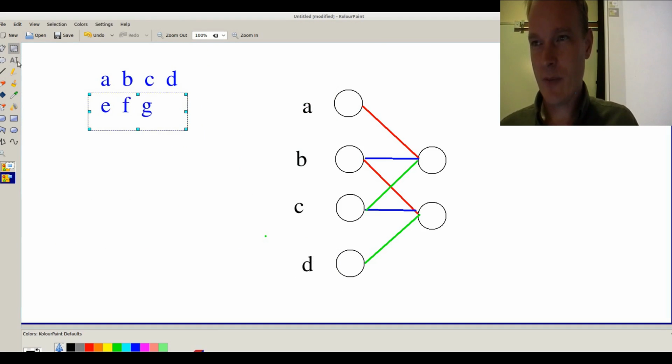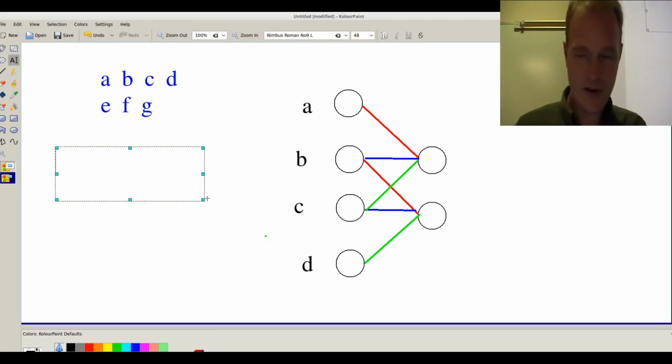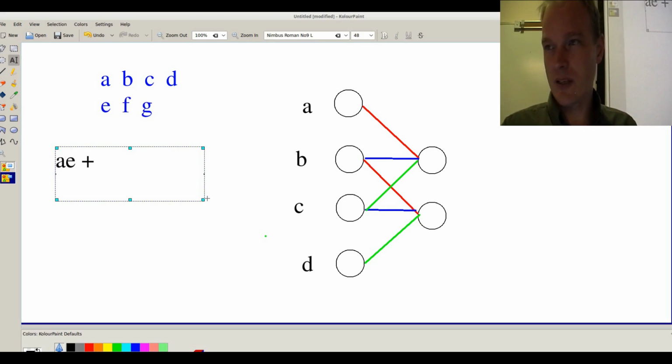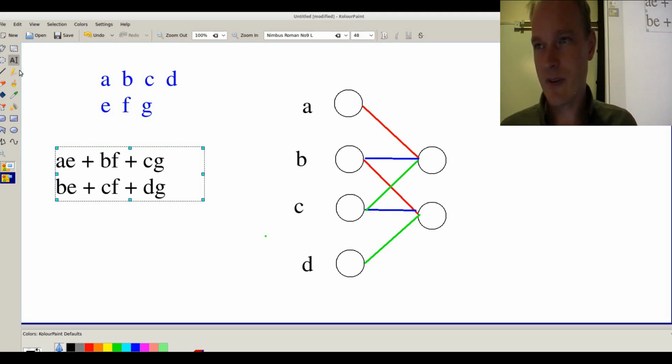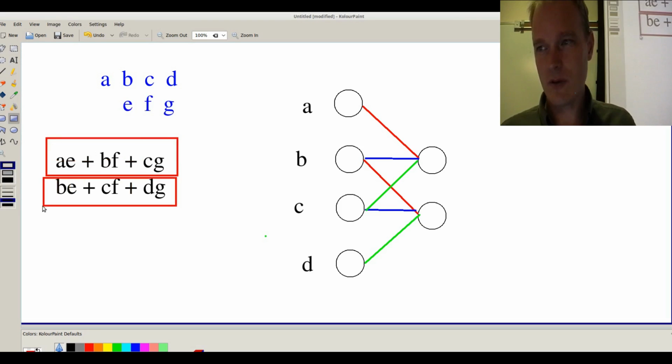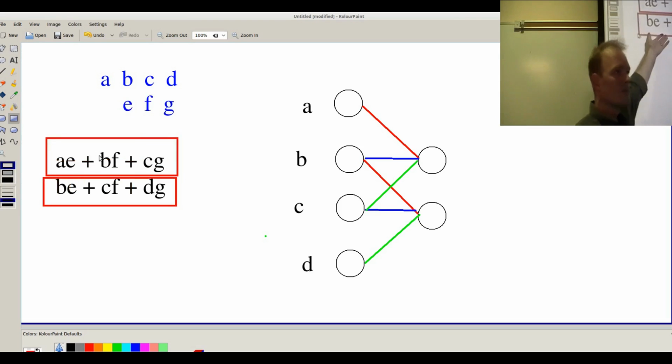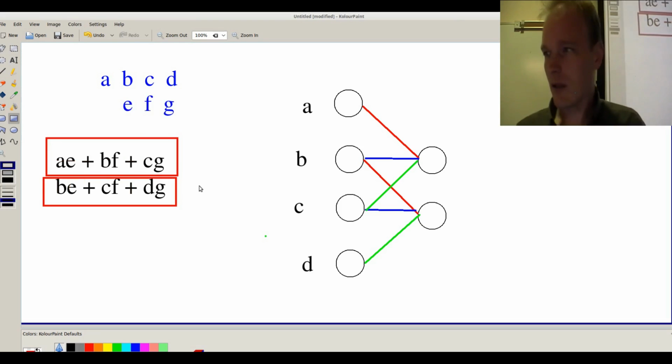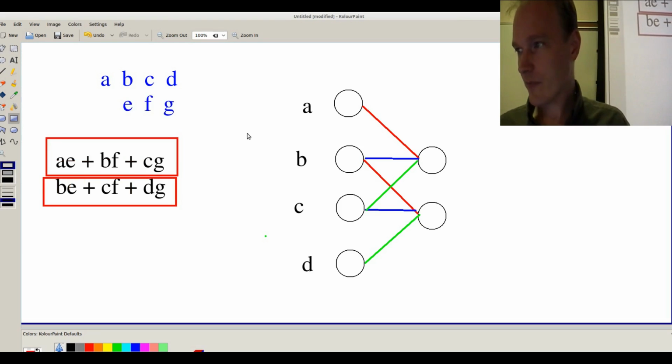If I convolve them, this is going to produce, for the first value, AE plus BF plus CG, right? And for the second value, it's going to be BE plus CF plus DG, as we slide that over and do the dot product. And the result is going to be these two values. Is that not correct? This is what I get from the convolution there. Well, look what I get